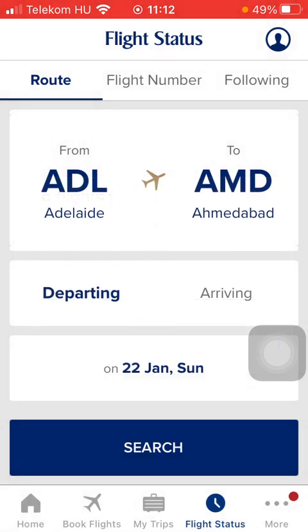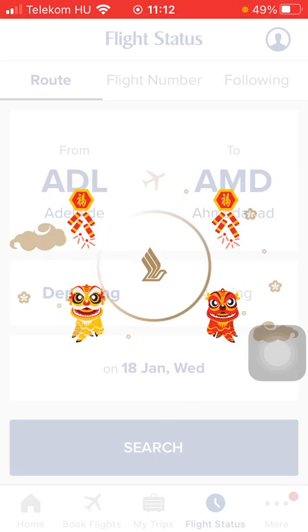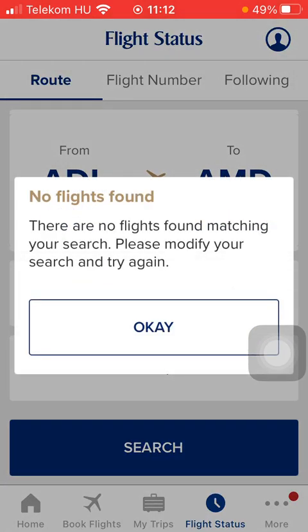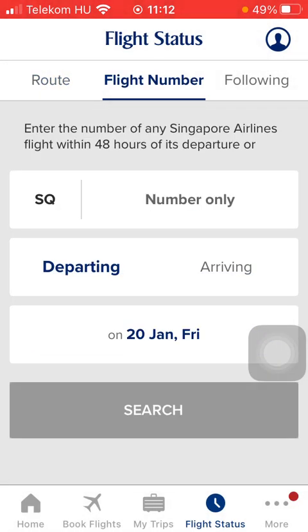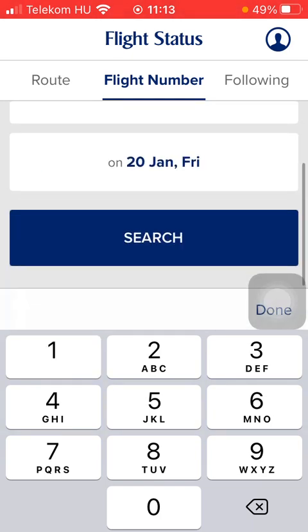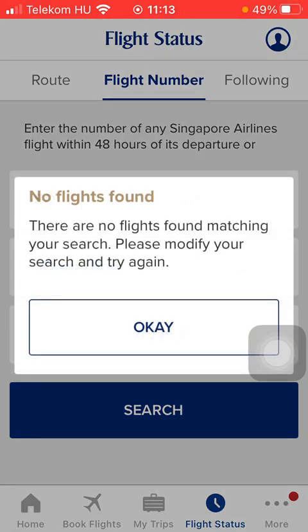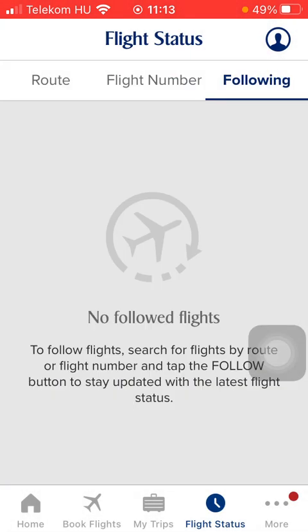status of the flight. If you choose the flight number option, you should tap on the second button at the top of the screen, and after that type in the number and click on the search button after selecting the date, and here you can find the flights that you